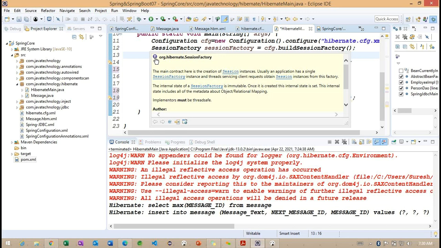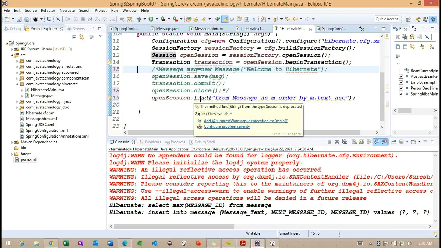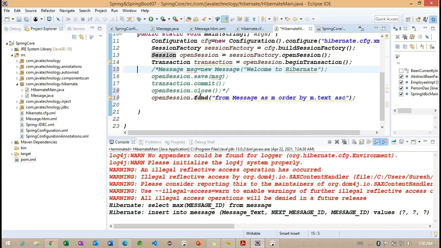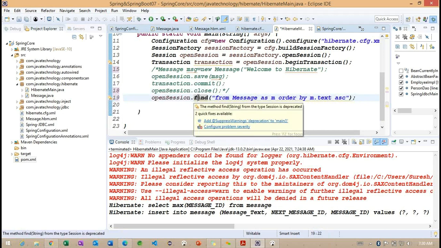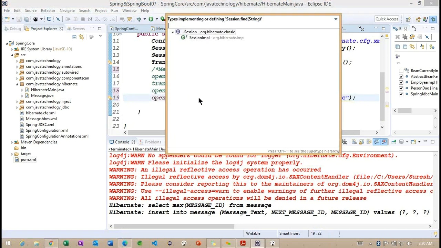But where are we going to find this particular method implementation? Inside the implementation class, right? To find the implementation of this method called find, how can we identify it? Just click on top of this method and press Control T. Getting the point. On top of this method, click Control T.